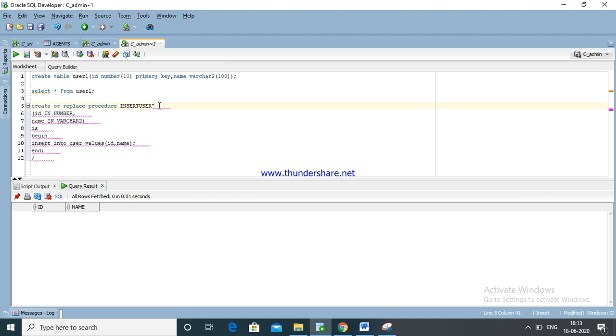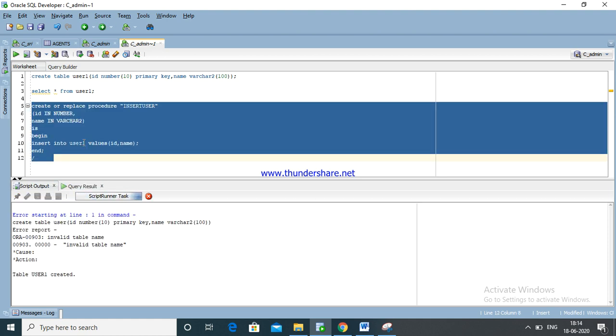Insert a user. Why is it showing the error? Okay, insert a user, user1. Now user1 ID and name.